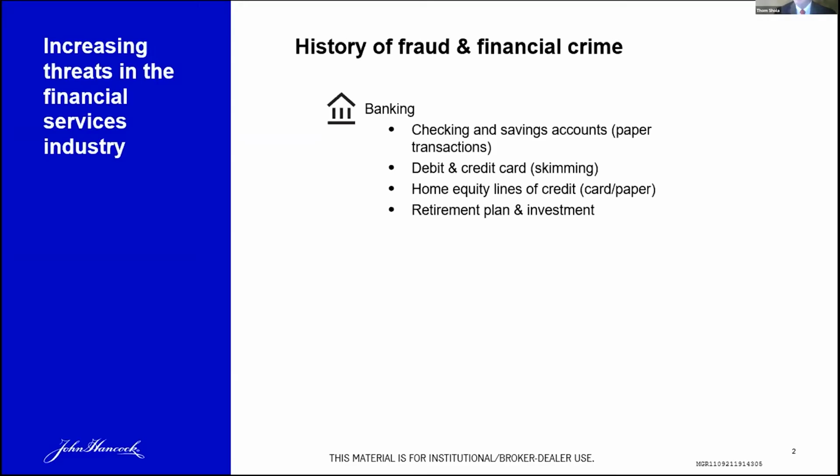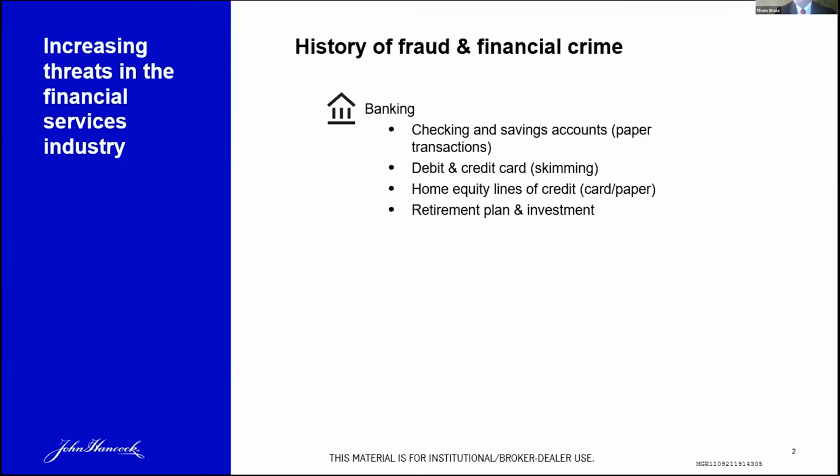So they started to look at home equity lines of credit. It was back to that paper process, back to that card process. So they started to do the transactions with home equity lines of credit. Tom Shola has $500 in his checking account, $500 in his savings account, but a $2.6 million home equity line of credit. So that's where the fraudsters started to put those efforts. When they did this, the banks then started to react, right? And they put all of the controls back in place that they had in checking and savings, debit and credit, and put it on home equities, not allowing people to transfer money out of their home equity, say, to a foreign bank. The next place that the fraudsters started to look at was retirement plans and investments.